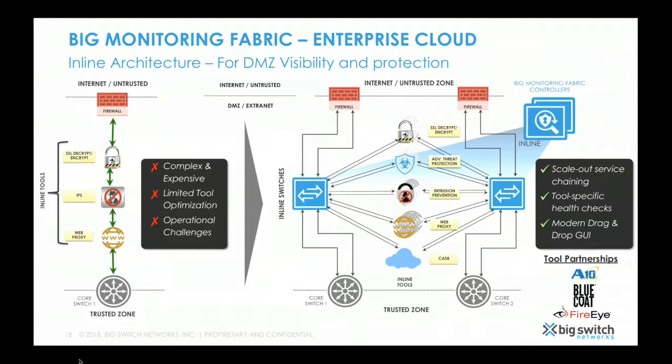And what we mean by inline is where you go into your network at the DMZ area, where you have traffic coming in from the internet, typically off of a VRF or basically a backbone router, where the traffic is getting terminated, and often where you put your third-party intrusion detection and protection tools in to re-architect that network and add what we call these open switches, as you see over here on the right, and then to put what we call these open switches in, which creates what I call a plug-and-play like AC wall